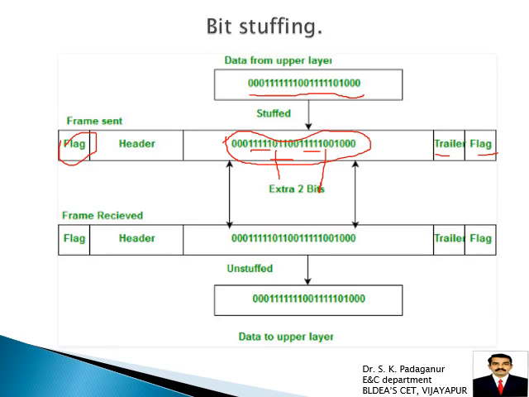Okay, so this is the bit stream. 2 extra bits are added here. At the receiver, they are taken out again. So the frame is received, then unstuffed. Unstuffed data means we just remove these 2 zero bits at the receiver in order to make the original data. So this is the stuffing, this is the stuffed data, this is the destuffed data. Okay, so this is received, then this is the unstuffed, original data.